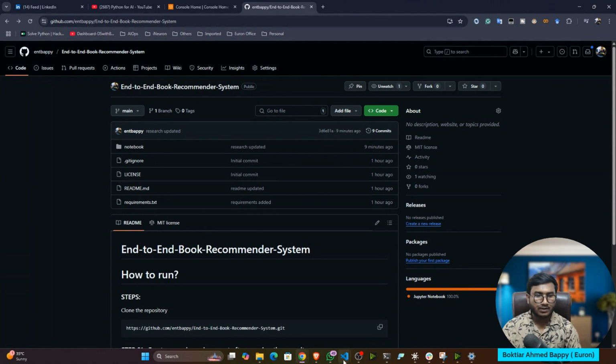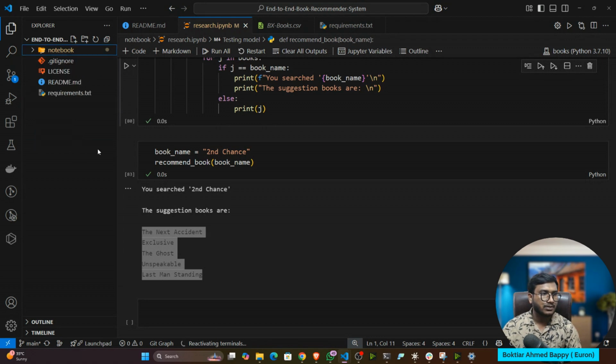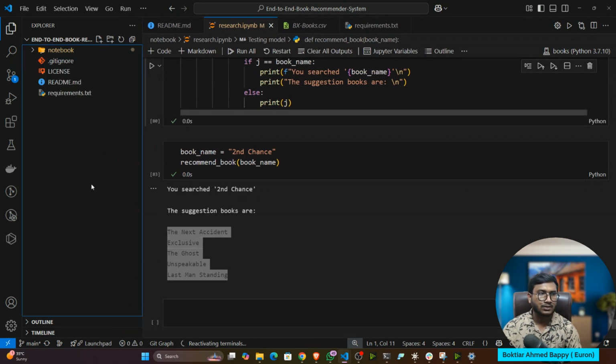So far we have developed our notebook experiment, and now it's time to do the modular coding. That means we'll build the entire ML pipeline. For this, first of all, we'll create a project folder structure. To create it, you can do it manually. There is an icon to create a folder, and inside that you can create a file.